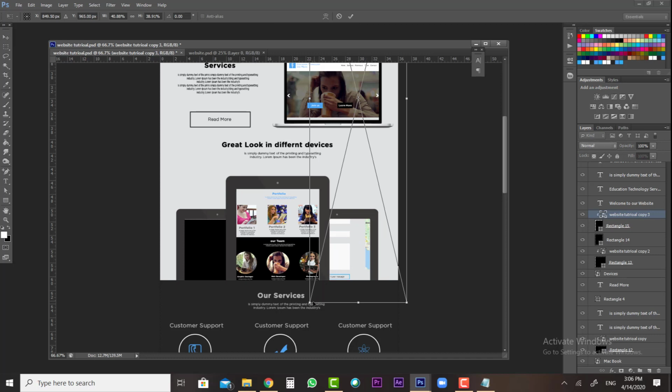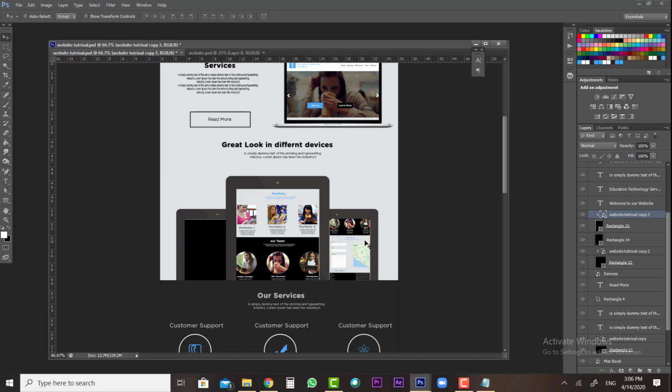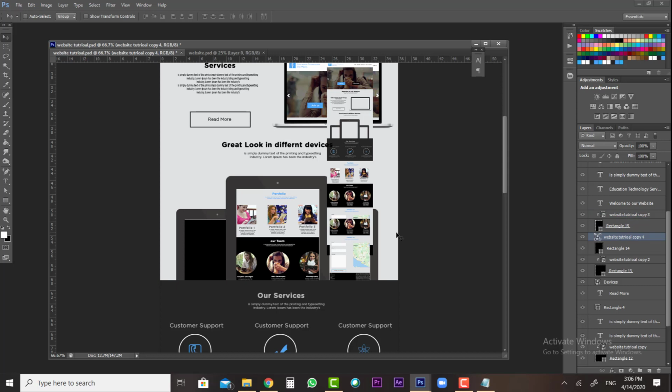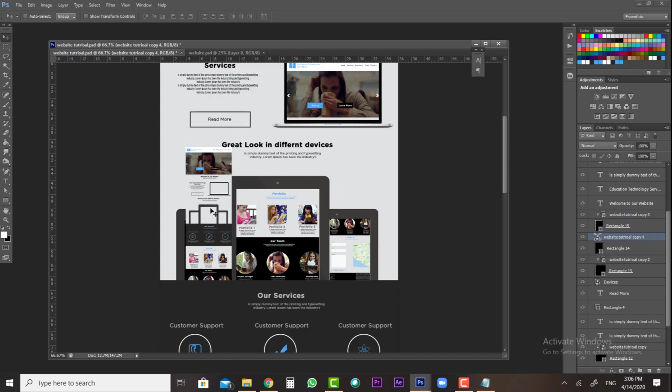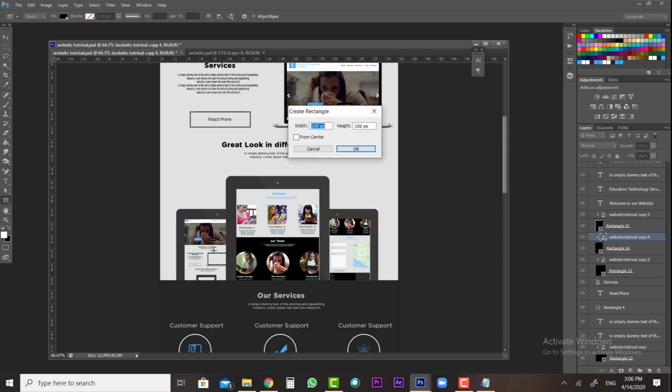Alright, Control T. Right, one more copy to this rectangle right here, and then drag it inside the